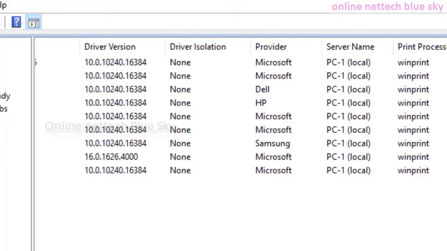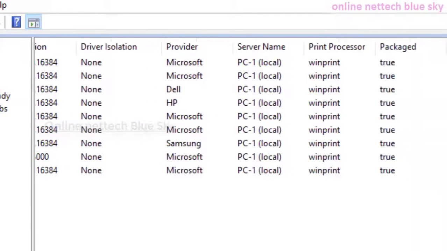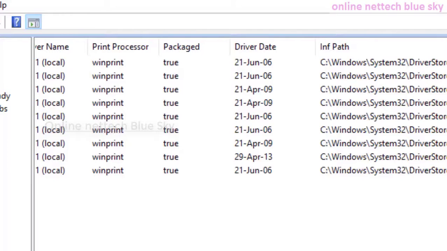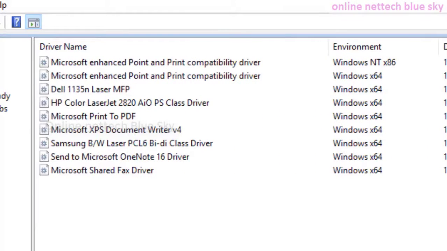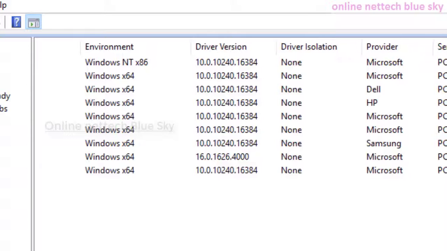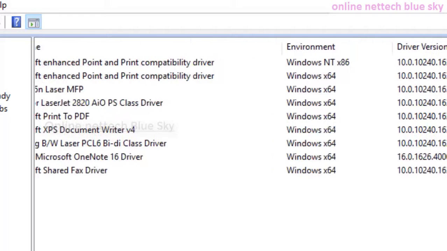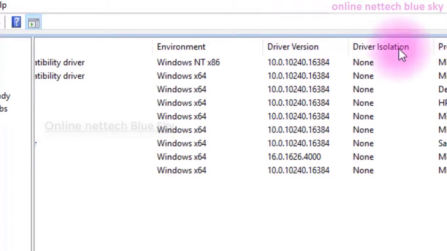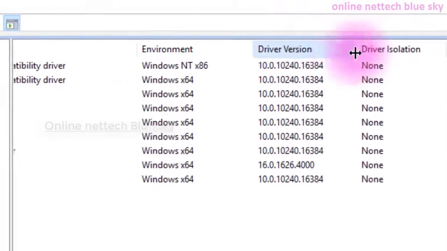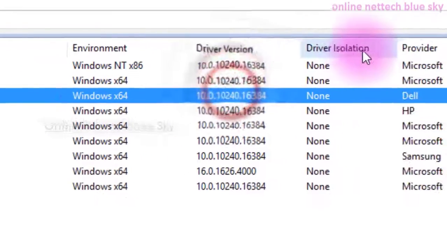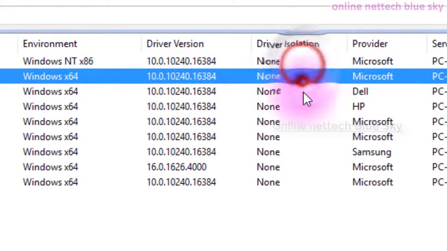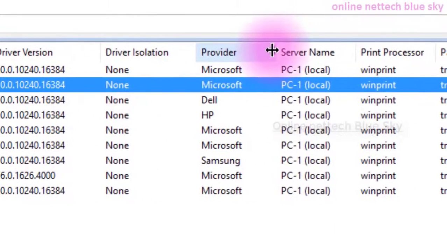All of the drivers work with the operating system and device. So this is WinPrint. WinPrint means the latest printer is installed automatically for you. A printer always works with some systems, some of your computer, with a version. The version is one of the identities of your PC and your driver systems here.